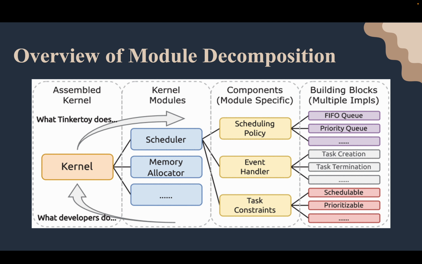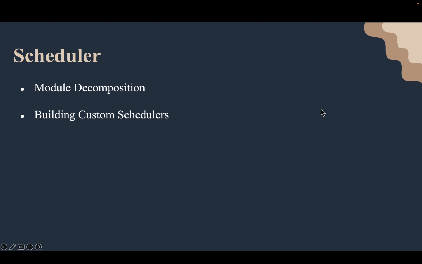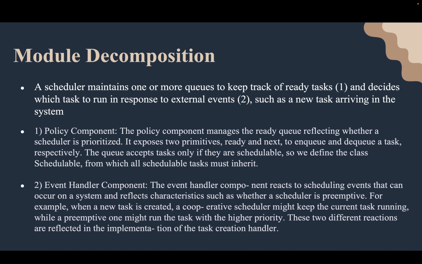This chart shows the relationship between a customized kernel, modules, components, and building blocks. So in the scheduler part, they have two parts: module decomposition and building customized schedulers. In module decomposition, a scheduler maintains one or more queues to keep track of ready tasks and decides which